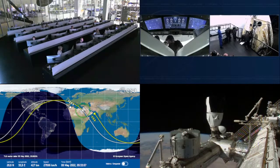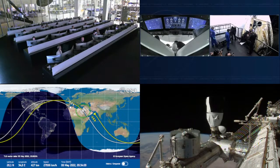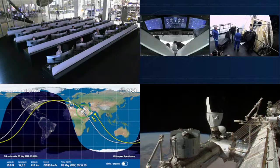There are a couple more crew members on board now, Bob Hines and Jessica Watkins, all being from the same class as well. Like Rasha, being helped out of his seat. That is the firm Dragon are imminently going to be powering off the